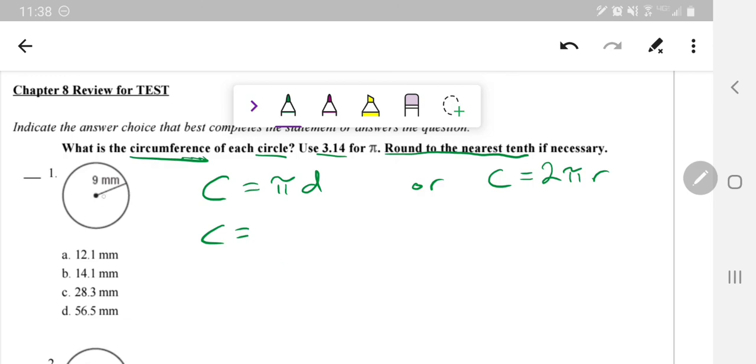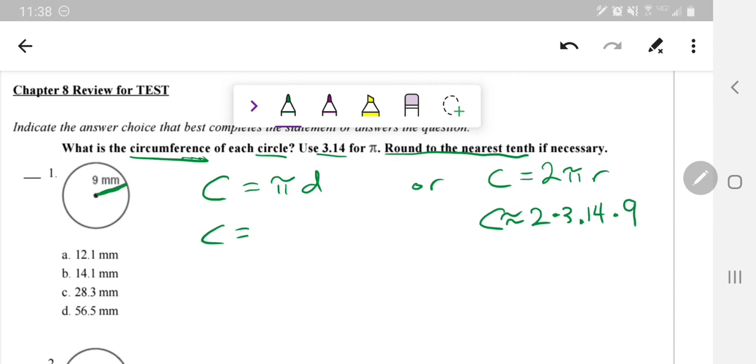In this case, since we only go from the center to the outside of the circle, we're going to use the radius formula, and I'm going to change this to approximately because I'm using an approximation for pi,